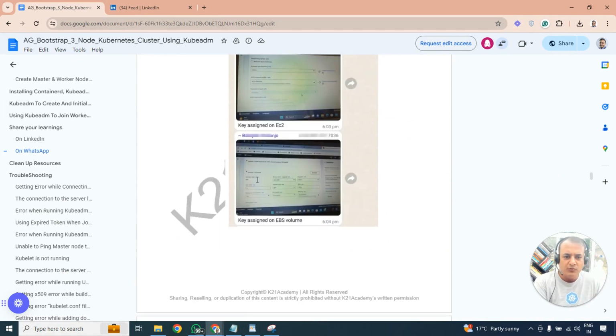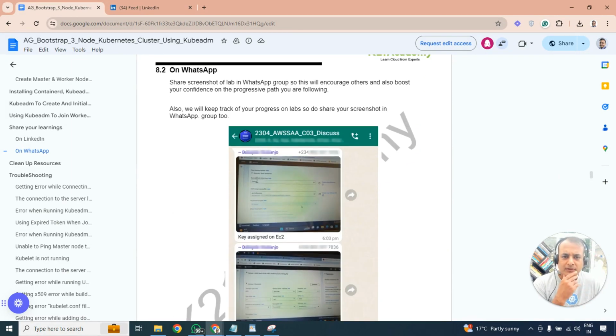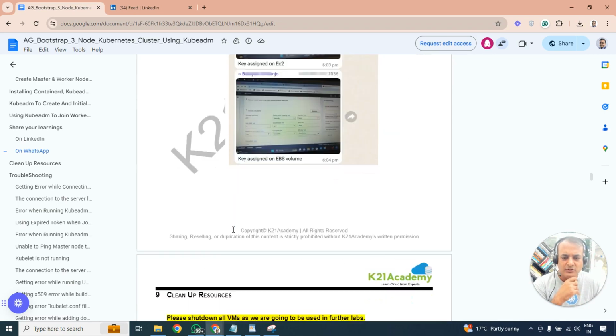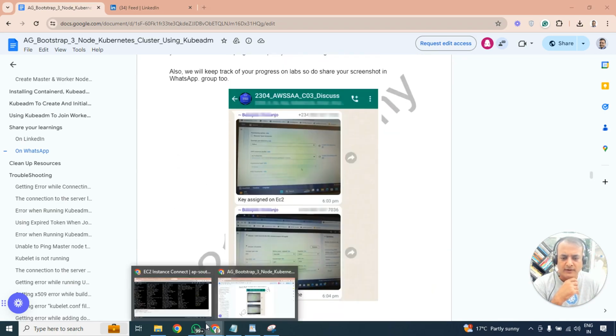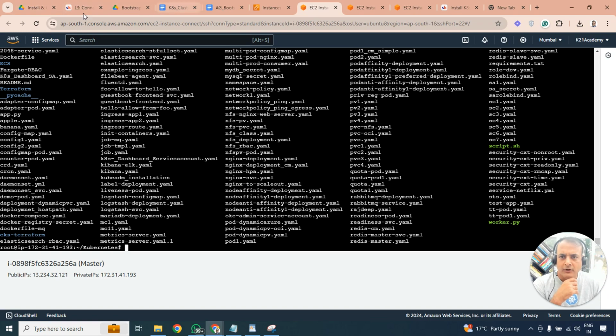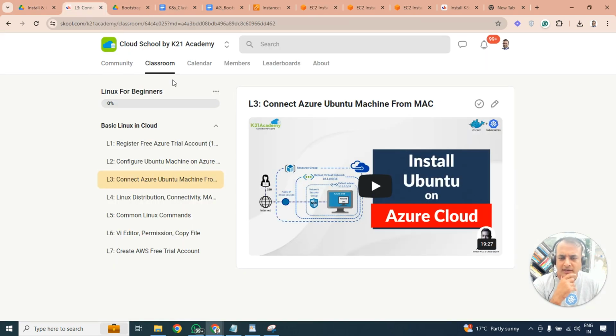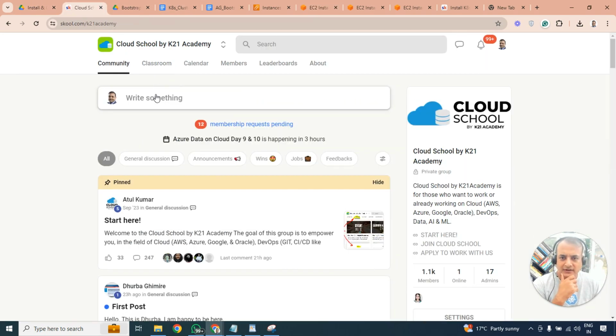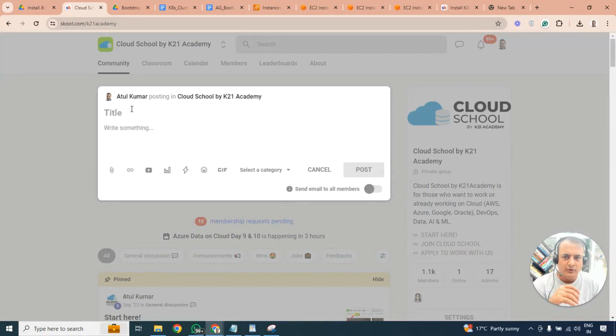Also, make sure that you share in the WhatsApp group. That way it tells me that you have done these things and it'll inspire me and inspire others as well. And the final thing, which is also on our community and very, very important: go on the community. Under community, under wins, because that will tell others. So maybe you can skip WhatsApp, you can post here and say